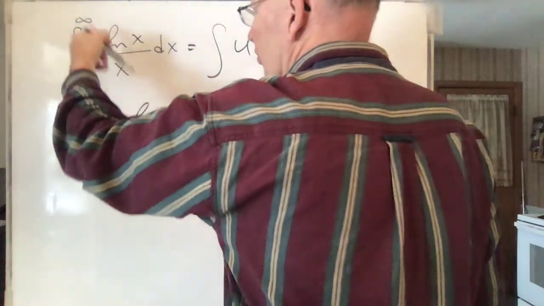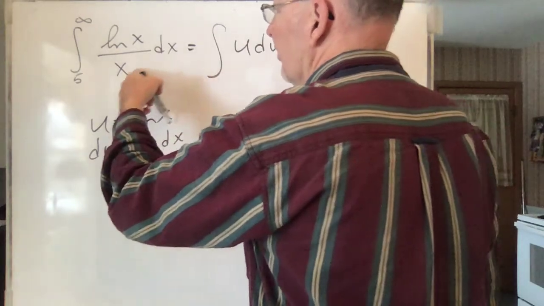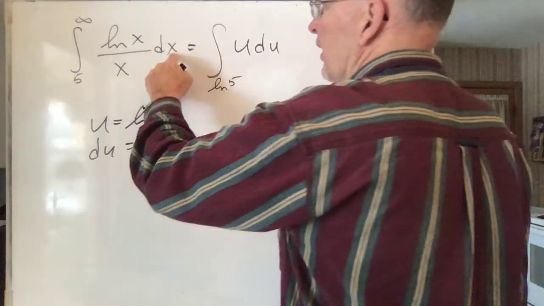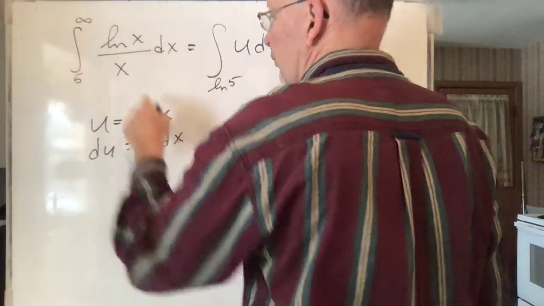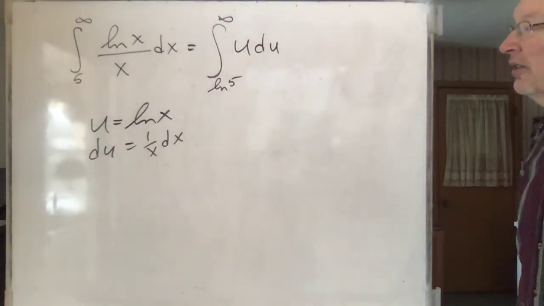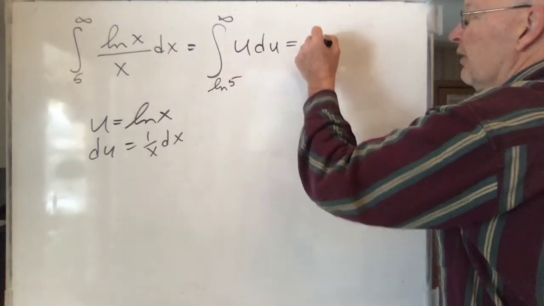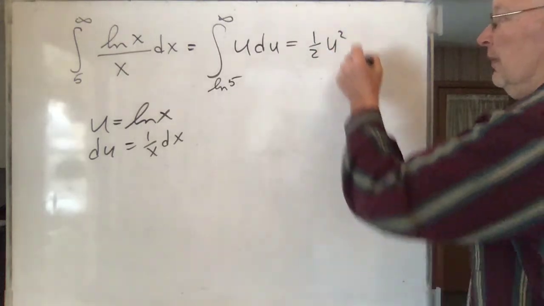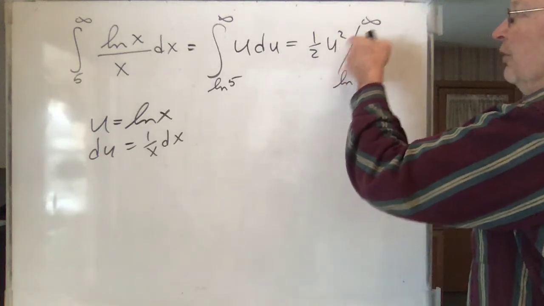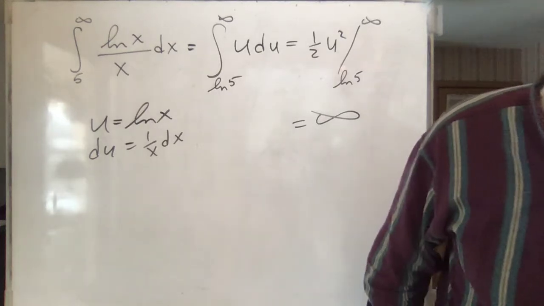You can actually go through this process if you want and say, well, let's see now what happens when x is equal to 5. This is going to be the ln of 5. You can do that. And then you say, what happens as x goes to infinity? As x goes to infinity, the ln of x is going to go to infinity. So that's fine to do, okay? Just have to be careful as you do it. And now, what's the antiderivative here? It's going to be 1/2 u squared from ln of 5 to infinity. And what happens to u squared as u goes to infinity? Obviously, that goes off to infinity, okay? So you got things like that.